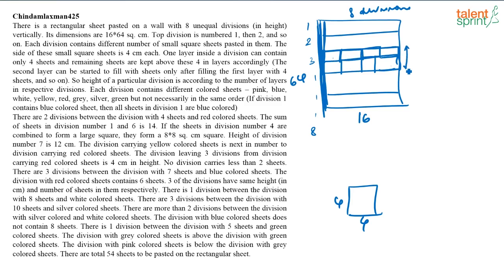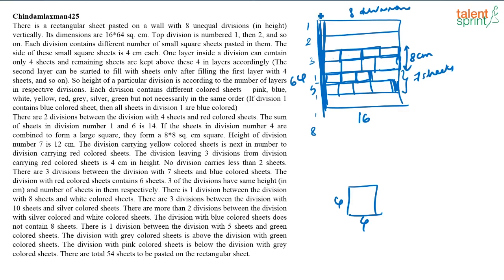So what is the height of this third division? Height of this third division is 4 plus 4 or 8 centimeters. Or sometimes what can happen is, in one layer, whichever layer it may be, let us say it is layer 5, if I say I have 7 sheets, how will I place them? 1, 2, 3, 4. That is, in one layer I place 4 sheets, and then 5, 6, 7. The other 3 sheets will be placed in the next layer. And that is how I place 7 sheets, right? So remember that